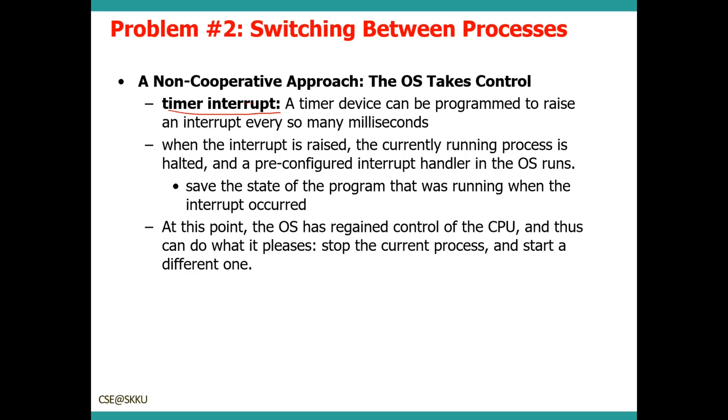A timer device can be programmed to raise an interrupt every so many milliseconds. When the interrupt is raised, the currently running process is halted and a pre-configured interrupt handler in the OS runs. At this point, the OS has regained control of the CPU and thus can do what it wants: stop the current process and start a different one. The general interrupt handler saves the state of the program that was running. Okay,